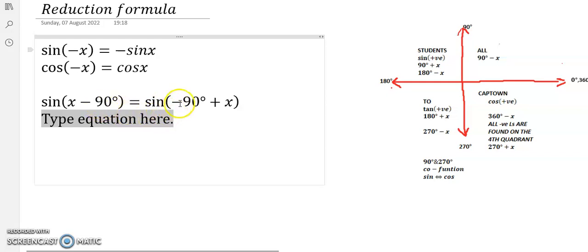Then let's take the negative outside, and if we take negative outside, we're gonna have negative sine of 90 degrees minus x, because negative and negative gives positive, equal to. Okay guys, we already have